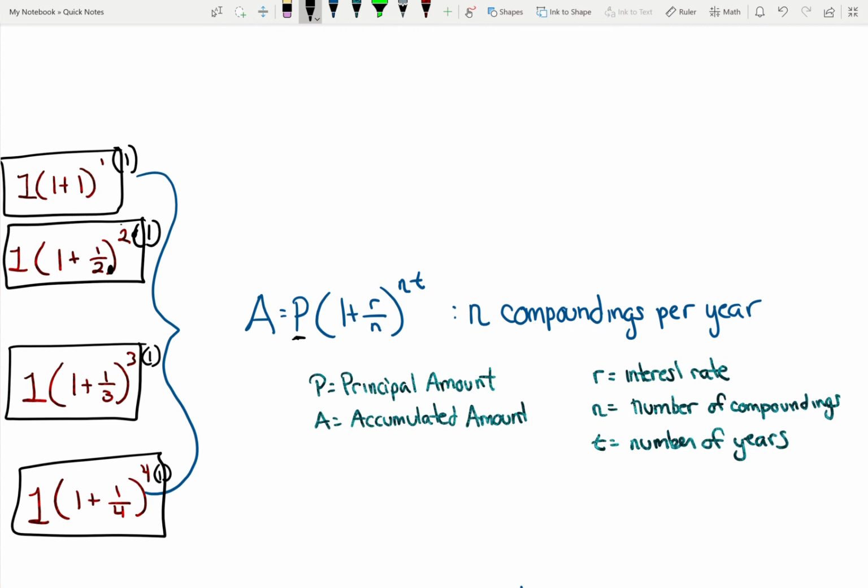What I want actually is an infinite number of compoundings throughout the year. It's a weird statement, but that's how it goes. If I were to get an infinite number of compoundings per year, or as they call it, continuous compounding, it'll lead you to this weird, mysterious, yet simple formula of,